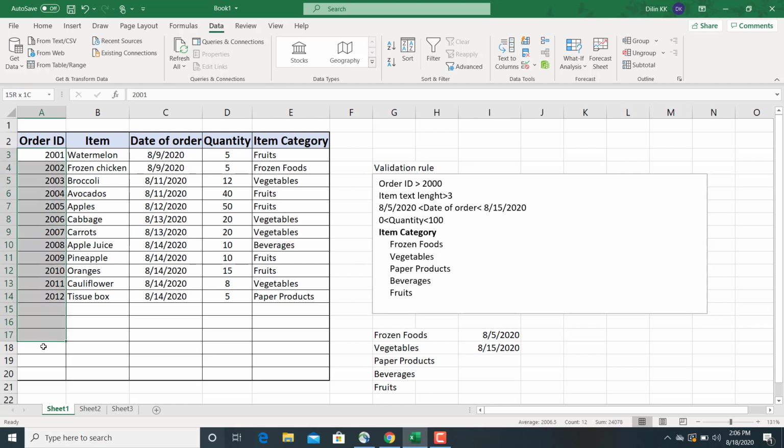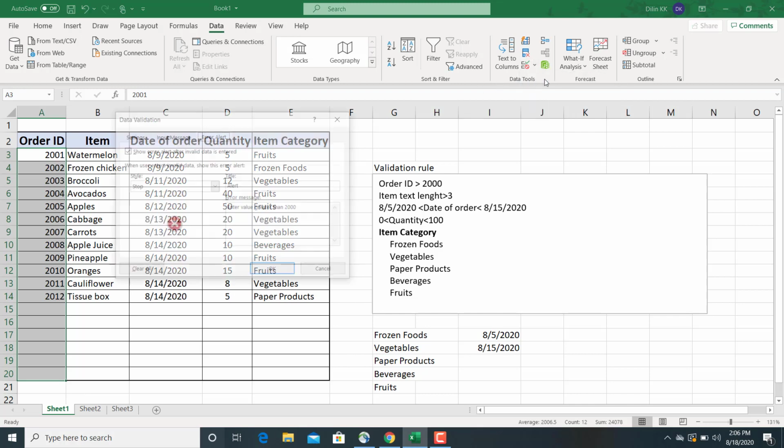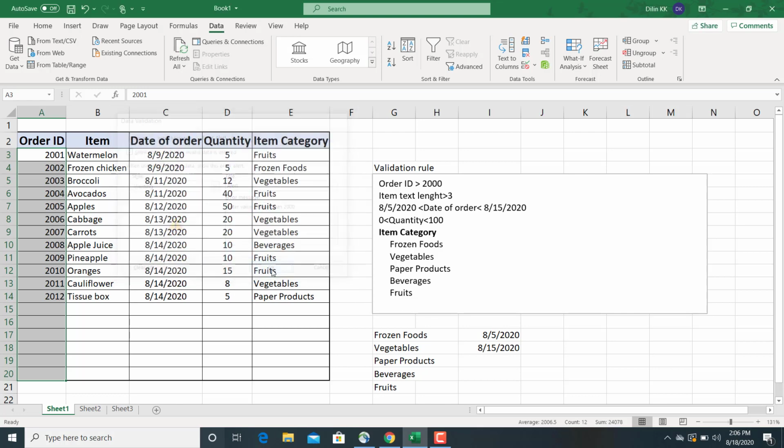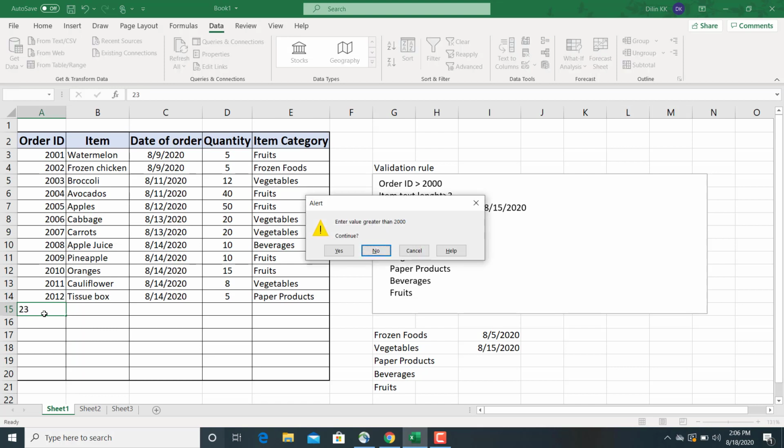So again select the cell, go to Data Validation and select Warning message. Here the symbol is changed. So enter a wrong value, that is 23. Okay, now I got an alert: enter value greater than 2000. This is a warning message.